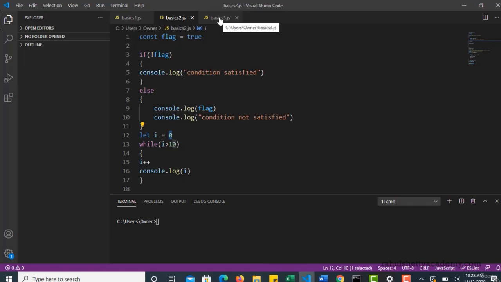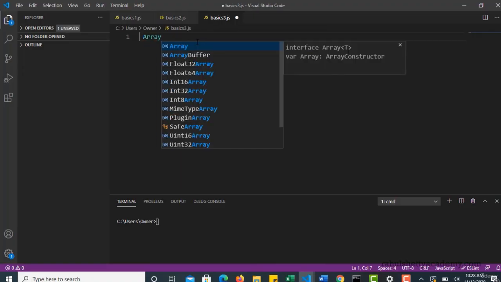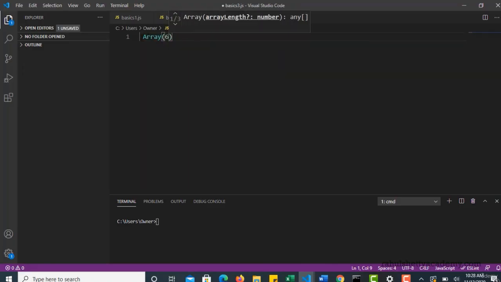If you have a set of values, then you can store all of them in one container called an array. Now let's say you want to create an array which stores 6 elements. In that case you can declare like this: array of 6, and